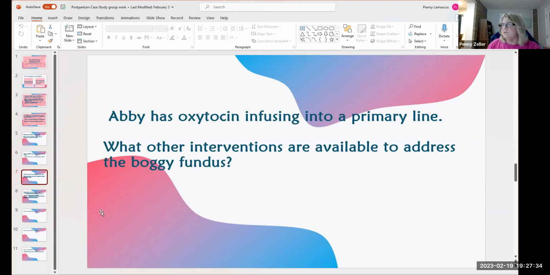What other drugs can we use? I already told you. Yeah, right. Misoprostol? Yeah, and how would you administer misoprostol? IV? Intramuscular? Subcutaneous? Is it a suppository? Suppository, right? Yes. It is a rectal suppository. It's a larger dose. Usually we give 200 micrograms. But because it's postpartum bleeding, we're going to give like 1,000 into her rectum.